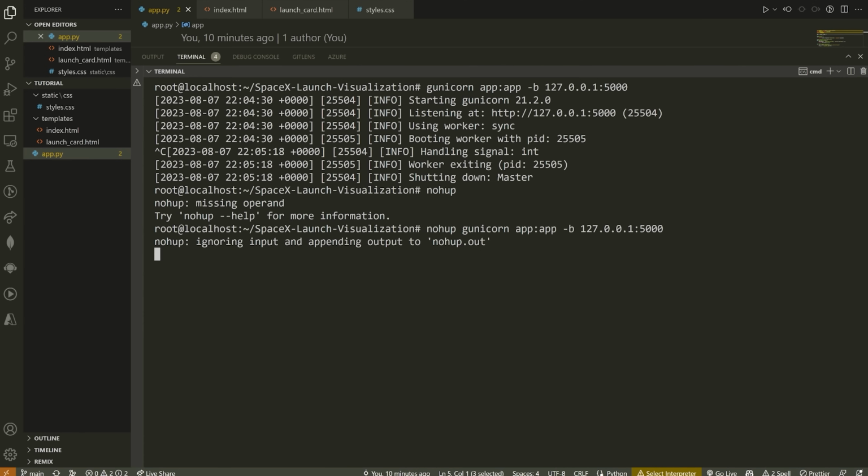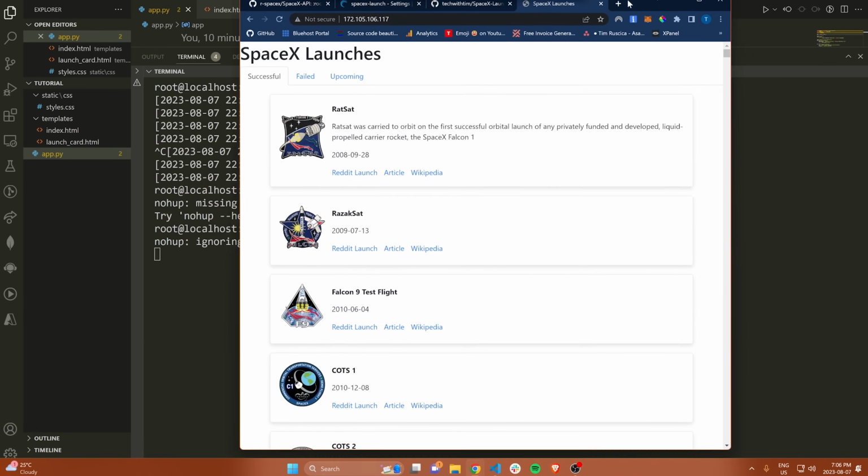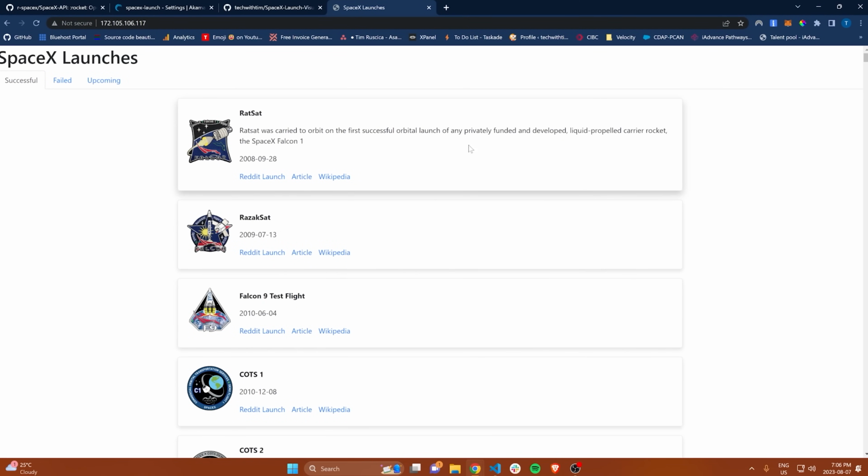All right. So I think with that said, that's going to wrap up the video here. That's everything you need to know when it comes to visualizing SpaceX launches. Now, I understand this is not the most visually appealing or exciting thing you could possibly be looking at. However, I wanted to show you how you can get all of this data, load it from an API, do some more advanced stuff with Flask, host this application. I wanted to give you guys a ton of different pieces of value so that you can go and make this website as cool as you want, visualize some different pieces of data, show it in a cooler manner, whatever it is that you want to do.